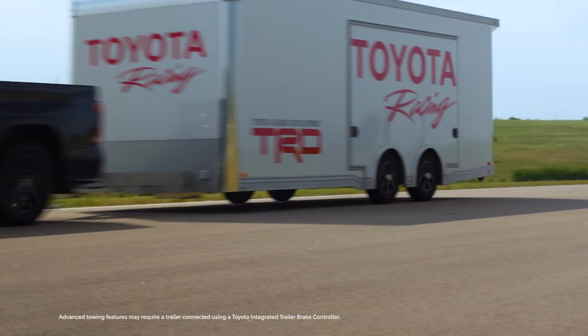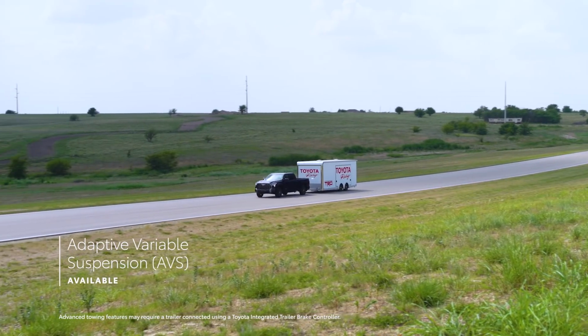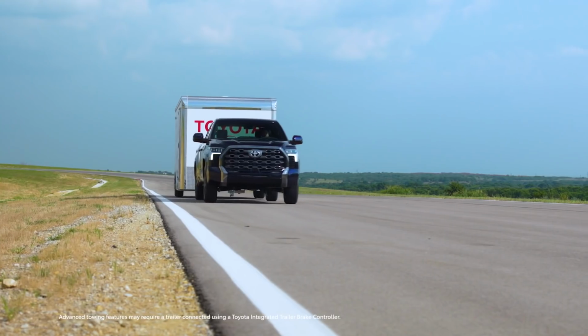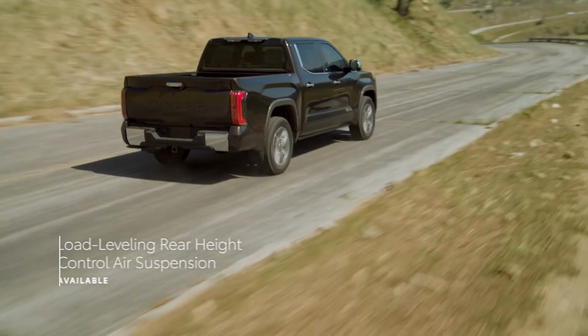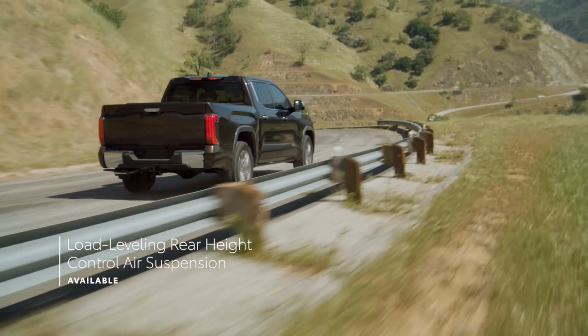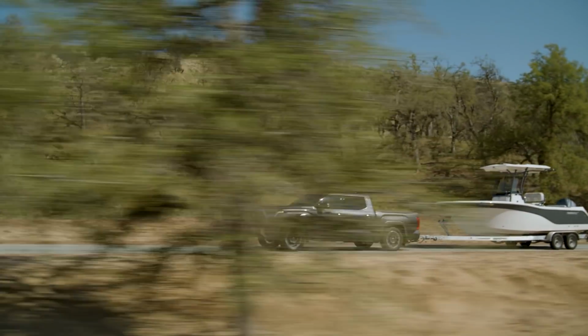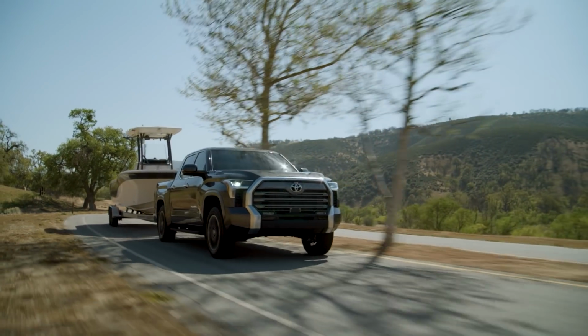suspension systems available. These include an adaptive variable system that continuously adjusts damping to optimize ride comfort and stability on a variety of road surfaces, as well as an air suspension feature that offers different height settings that can be adjusted manually, or it can be left to work automatically, continually reacting to towing and hauling needs to maximize confidence